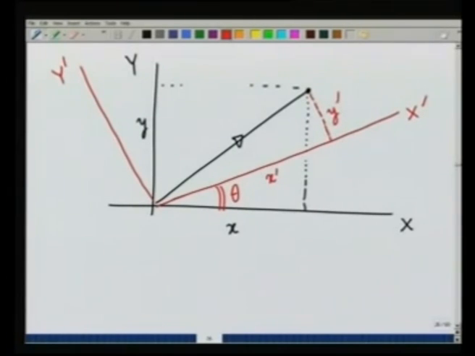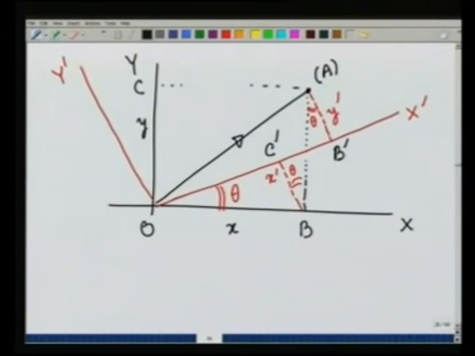You can also see that this angle is also theta. Let me also draw a perpendicular from here to here. This angle is also theta. Let this point be A, B, C. This is the origin. Let this point be B prime. Let this point be